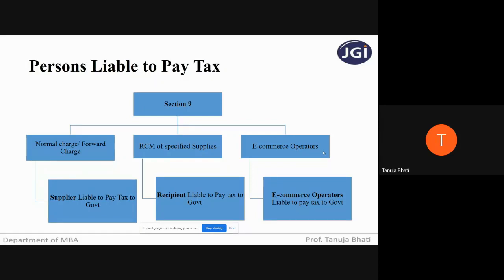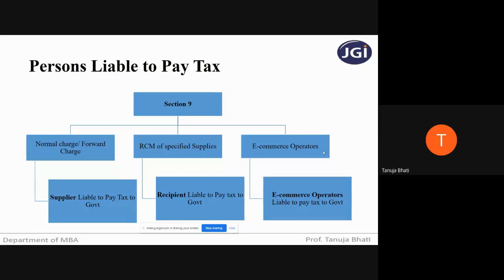Now, can you all tell me who is the recipient here? It is you, because you are purchasing. So you become the purchaser, customer, or recipient. Now, who is the supplier? The supplier is the Samsung company. Okay. Well, what is Flipkart doing? Flipkart is providing a platform, an electronic platform, to the Samsung company to sell its products. So your e-commerce operator is not the Samsung company, not you, but it is Flipkart who is the e-commerce